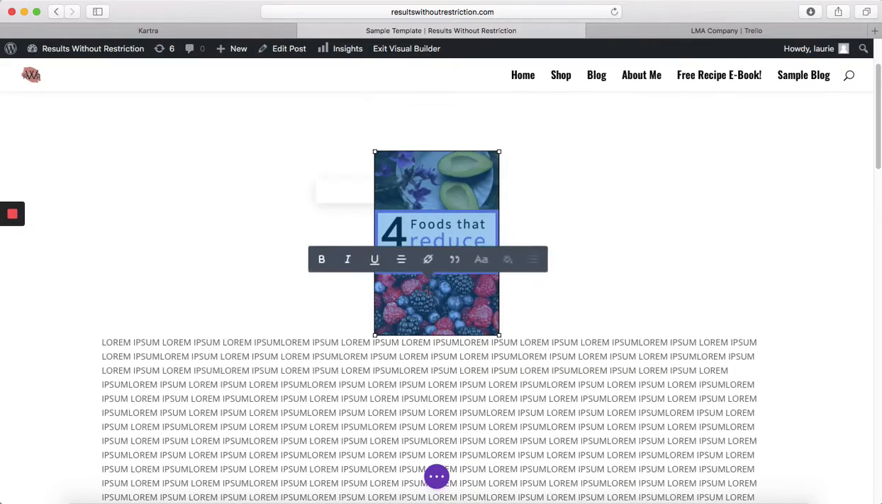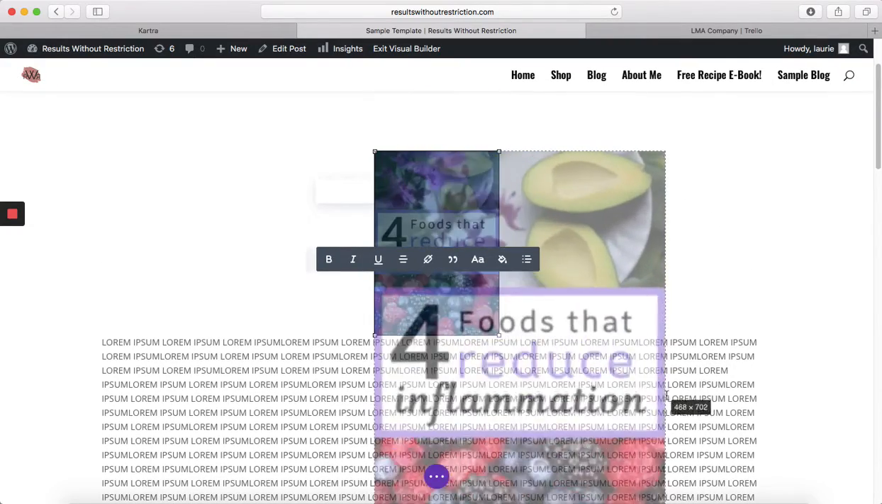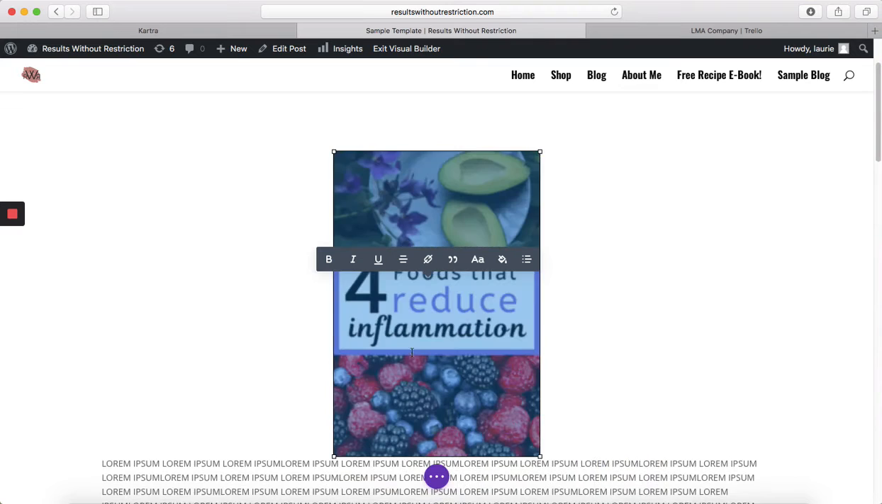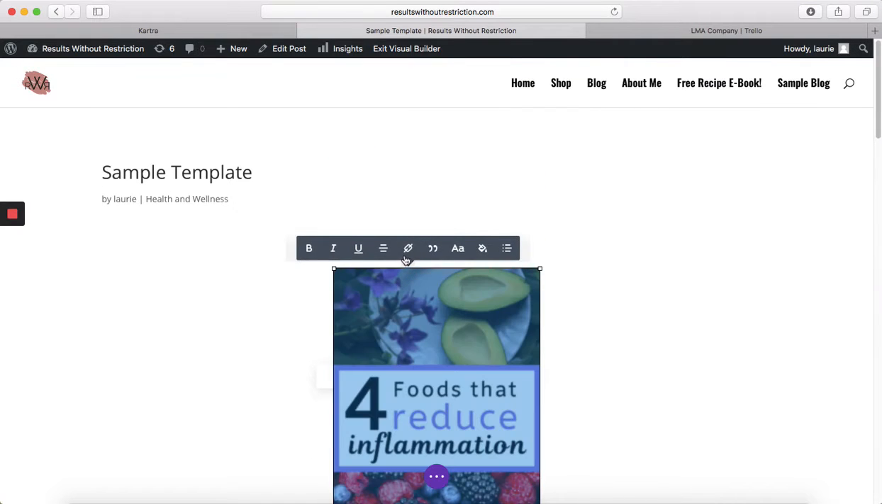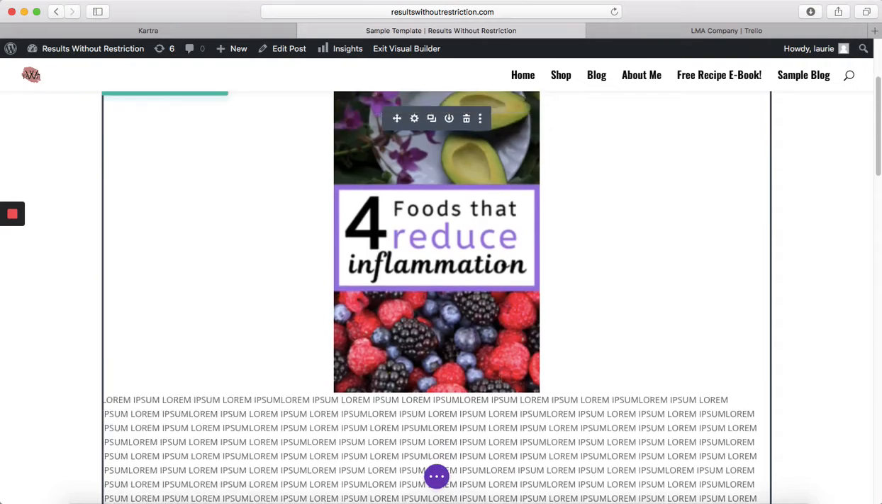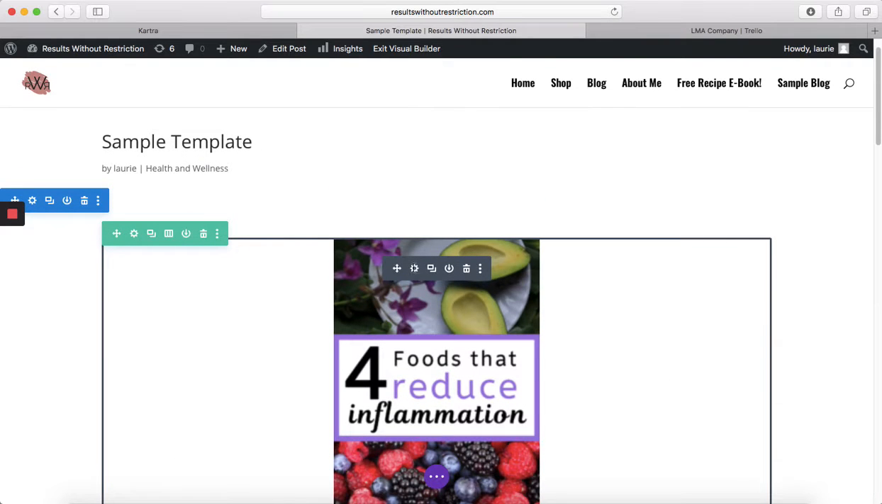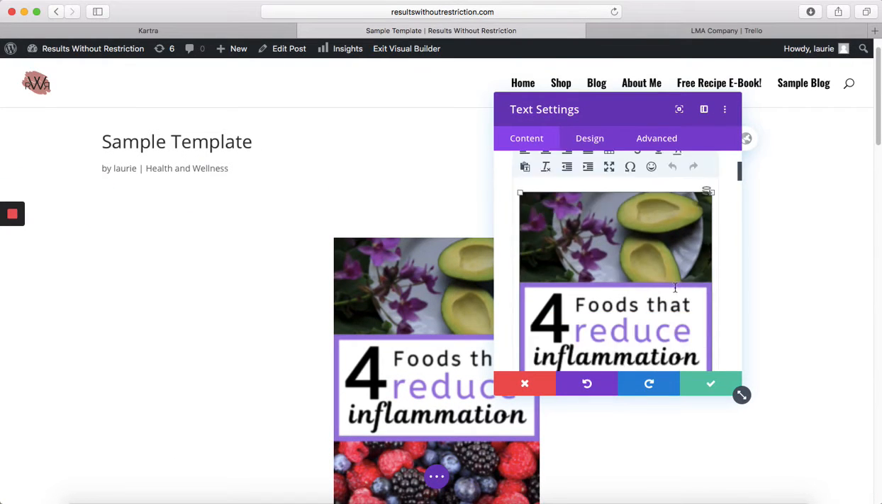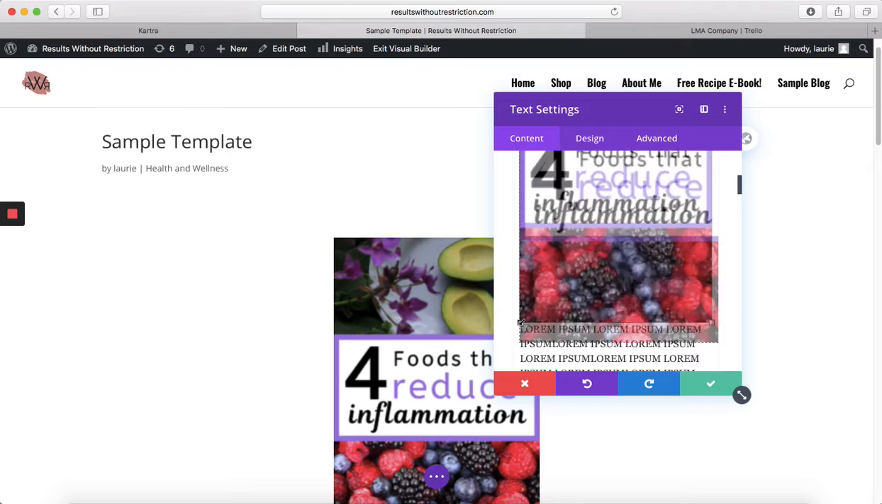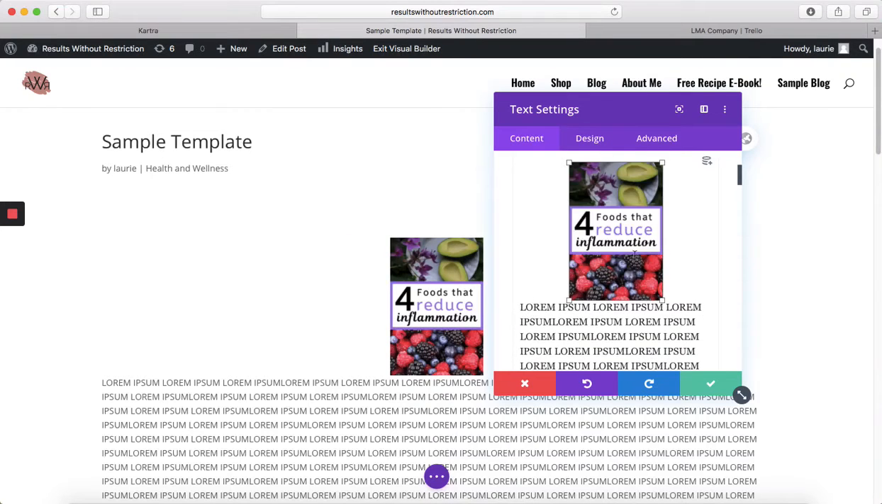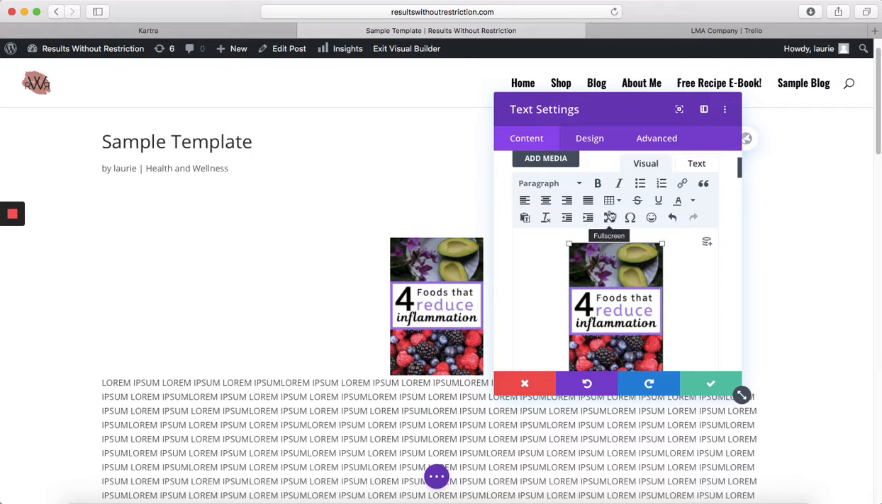Go back in here, and I don't want this to be by itself. I do want it to be a little bit bigger, but I want the text to wrap around it. So let's go back into our module. We'll go in here, and what I want to do is reduce the size in here. So if I click here, what I can do now is